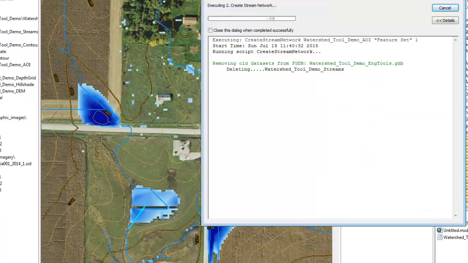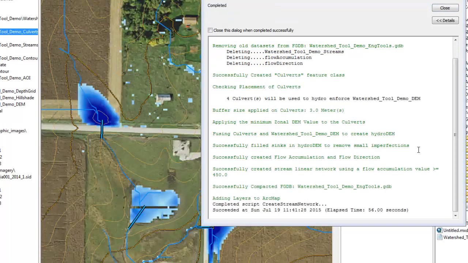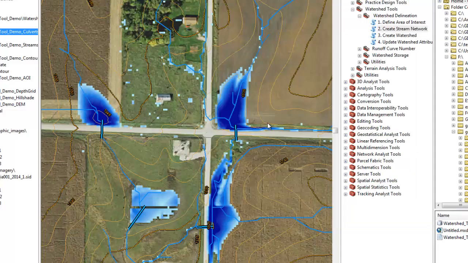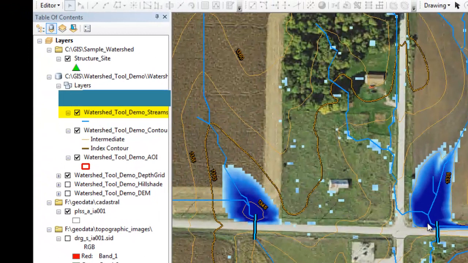Let's see what we get for a result. Okay, the tool's finished. I click Close and look at my streams. These flow paths look reasonable. You might notice that I never entered a layer name, and that the streams layer still has the same name